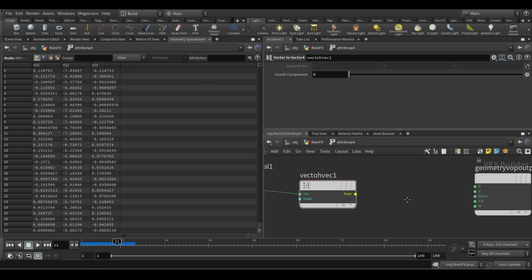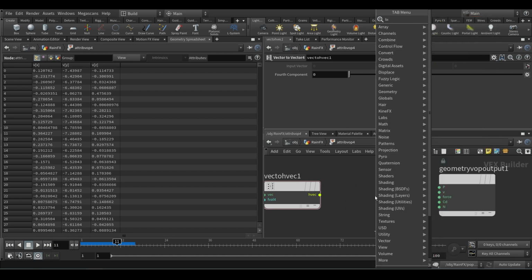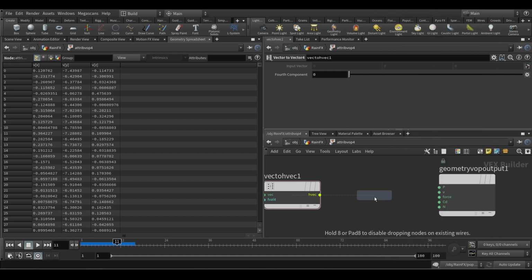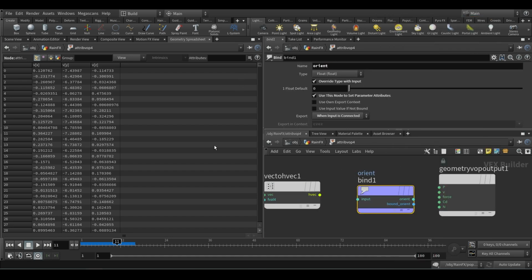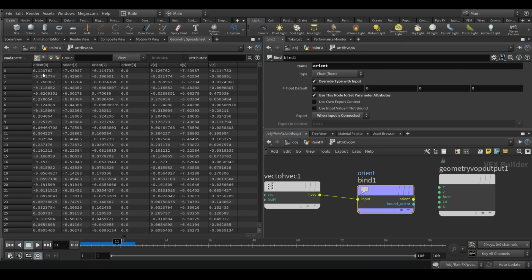That's it. We know that we want the output to have an orient, but there is no orient, so we need to bring our orient, bind export orient, and when we plug it, boom, it is not there because I have to turn it on. Boom. So you see the value is same, isn't it? The O value and B value is same.